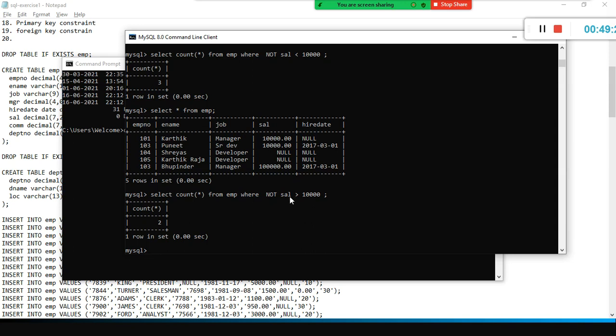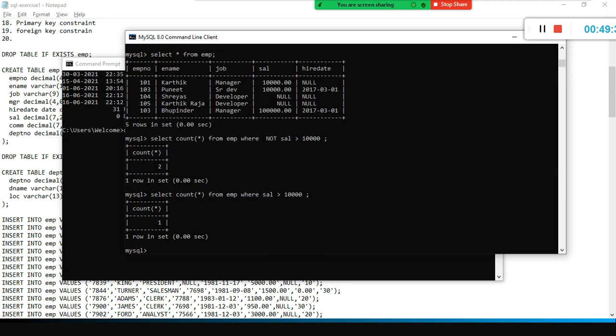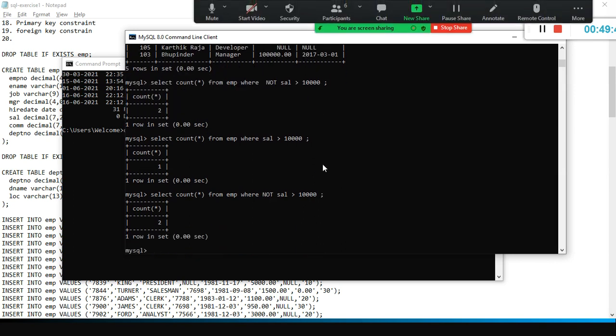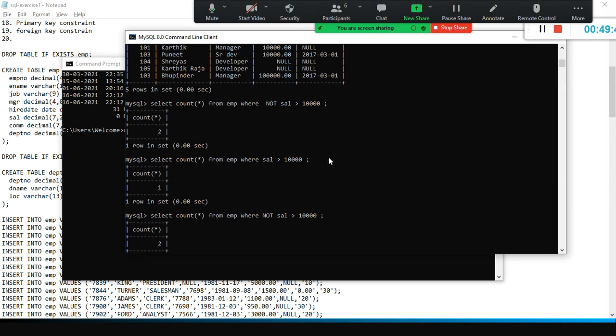Where salary is greater than 10,000, only 1 person is there. If I put not, what will happen? I am getting 2. What does it say here?